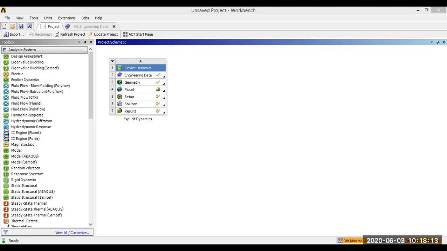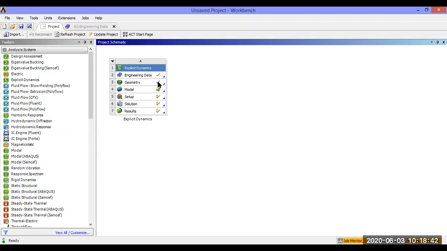Now you have the Parasolid file, and you are going to import it into geometry. Click the geometry, and you will get this. Go to File, Import External Geometry. I'm going to close this one, as I've already opened it here.